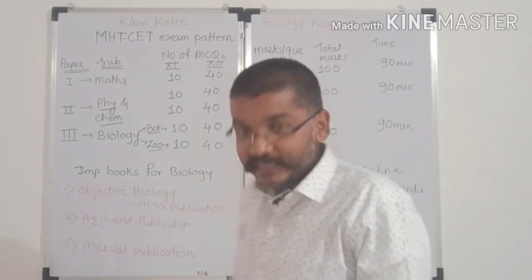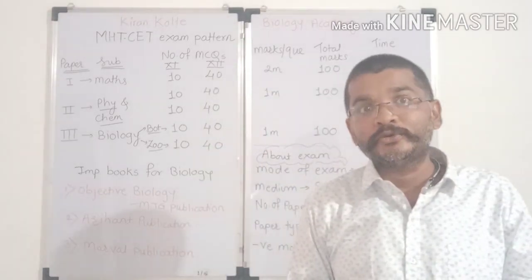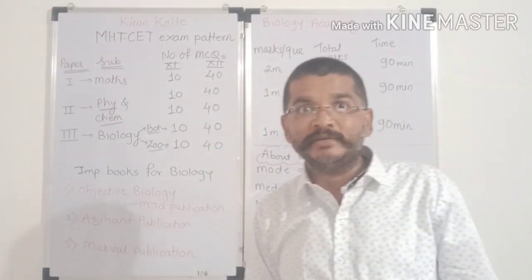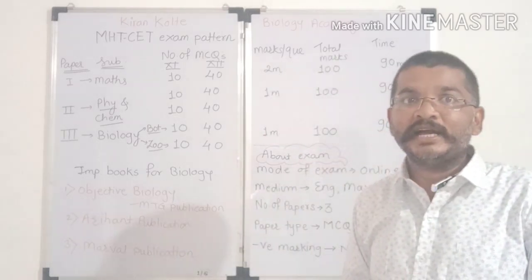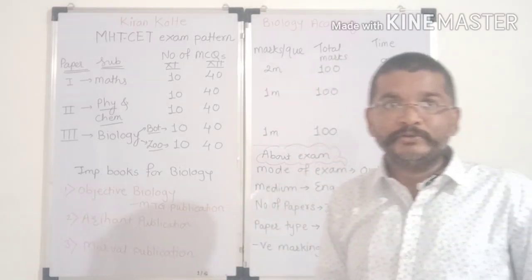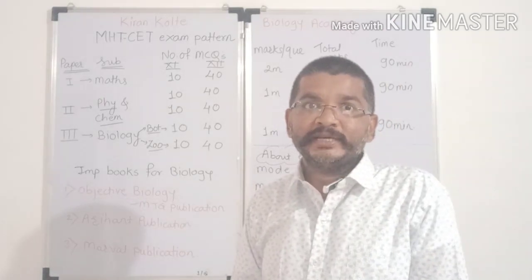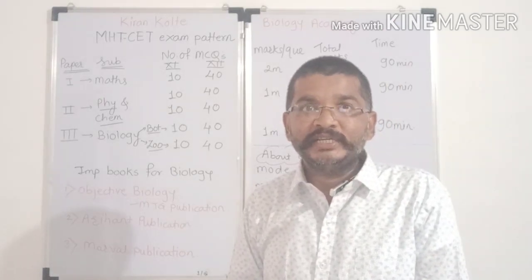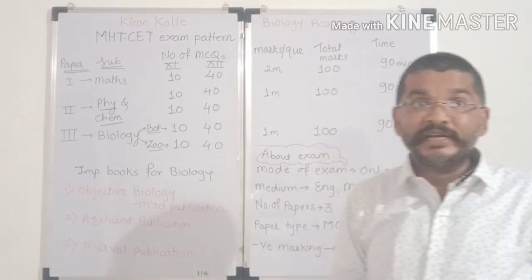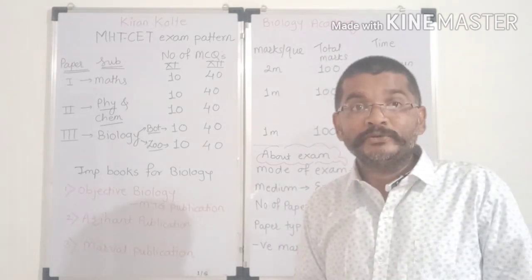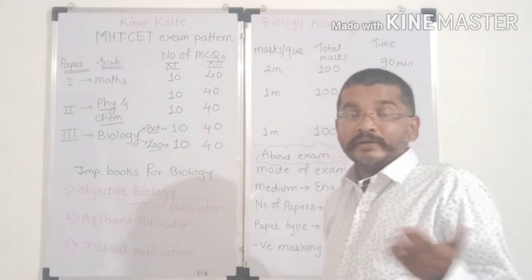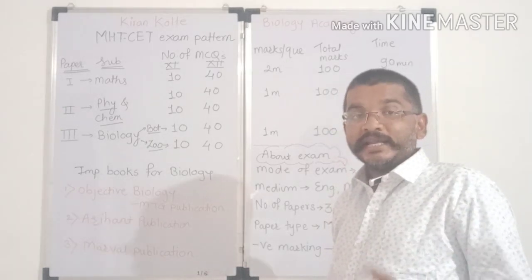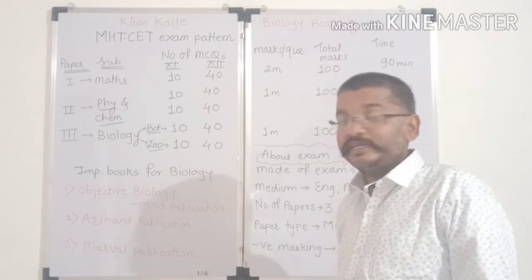So basically it is based on your two groups. Either you have PCM, physics, chemistry, maths, or PCB, physics, chemistry and biology. If you want to take admission for BTech as well as engineering other than medical courses, you have to keep the PCM group. For pharmacy and agriculture science, you have to take the PCB group.